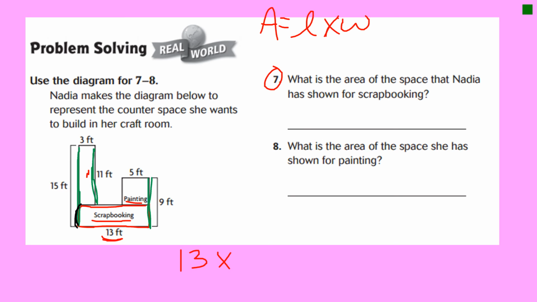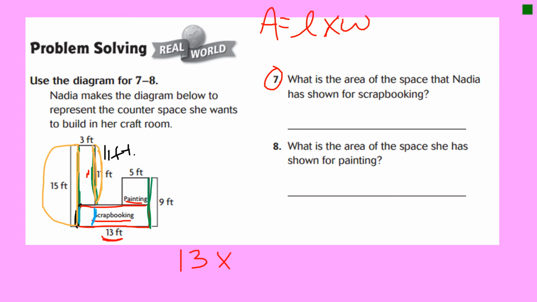What do you think, guys? I'm looking at, that's 15, right? From here down to here, it's a total of 15. And right here next to it, they have 11. Oh, I just drew right over the 11. I'll write it again. 11 feet. Sorry about that. Okay, so we need to figure out